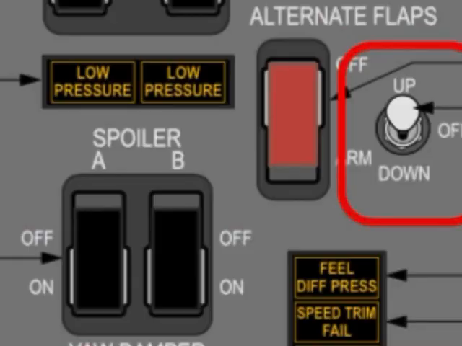So we should move the alternate flap master switch, which is on the aft overhead panel of the captain, from the down guarded position to the up position, and then once we move the alternate flap position switch to the down position, an electric motor will be energized and the trailing edge flaps will be extended to any